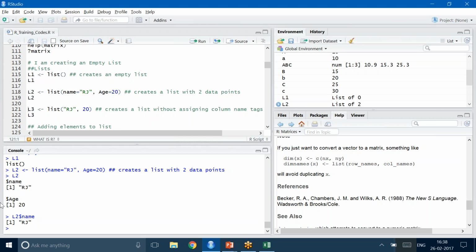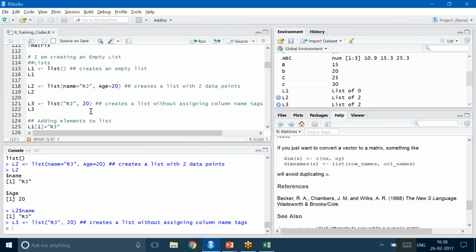I'm now creating a list L3. Value is RJ and second value is 20. I said the values are stored as key value pair. In this case, I'm not giving any key. So what will happen is, automatically it will get a sequence number. So here, when I run this L3,